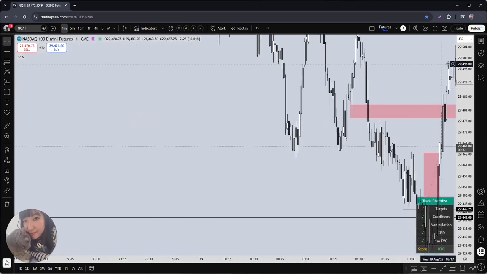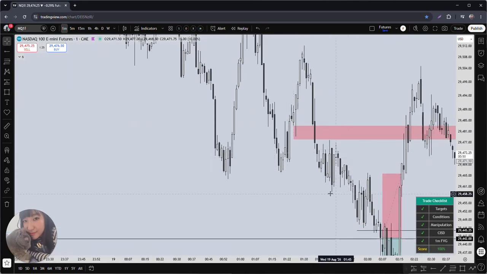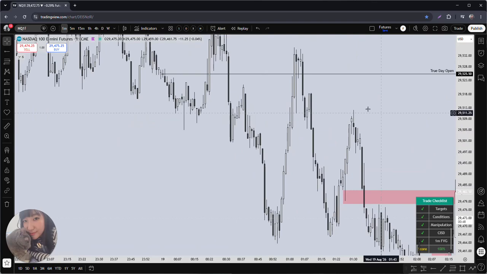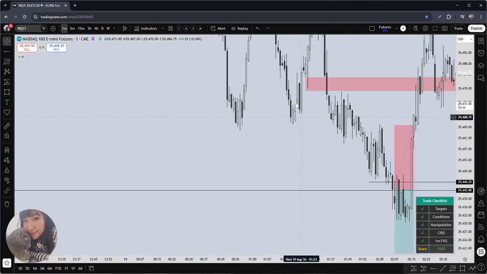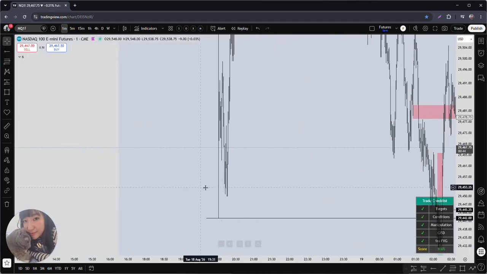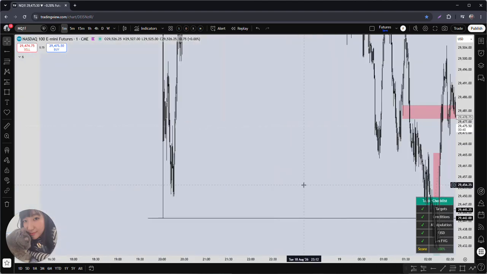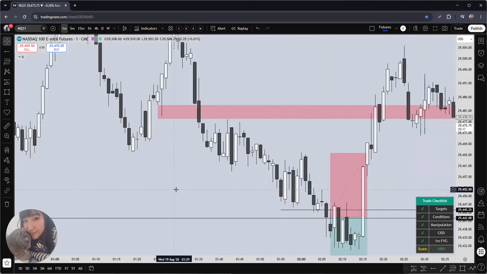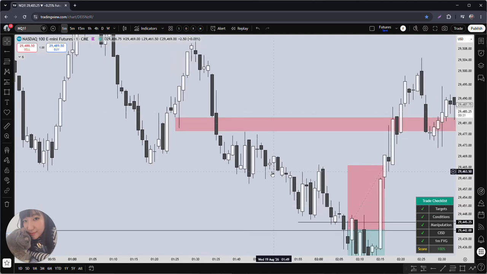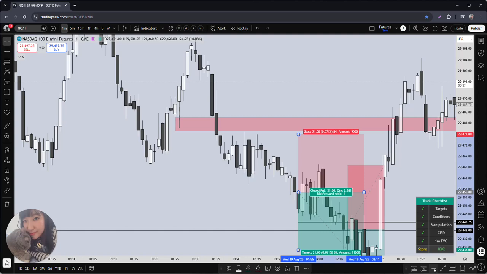So price dumped overnight and through the open was around here and it got rejected. So I wanted to short until Asia. Otherwise price is overextended, so there was no good target for short. Unfortunately, price just dumped without giving a proper target. The only proper target that I can reckon is at here, because price